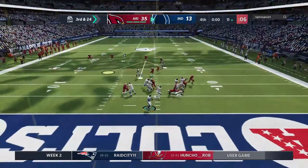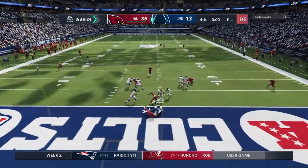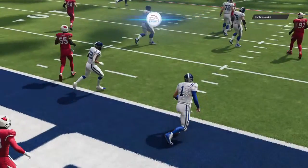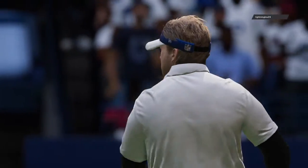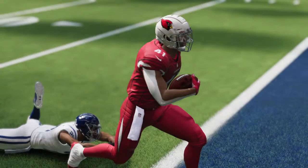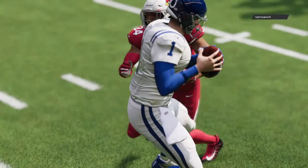One last throw here for Goff. And that will be incomplete as time has run out on this football game. So it's a win here for the Arizona Cardinals, and they were buoyed, Charles, by a big second half that put this one on ice. So you get the sense that whatever